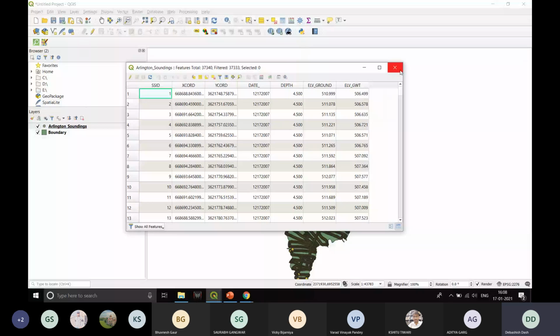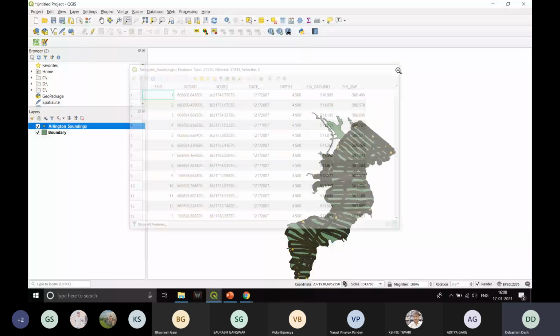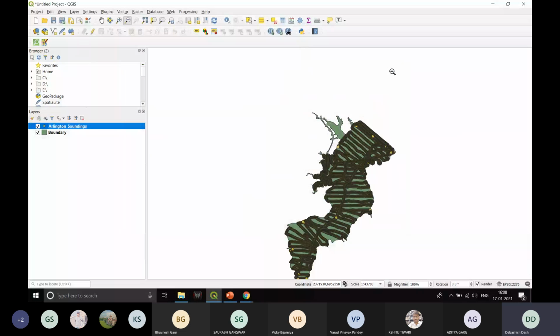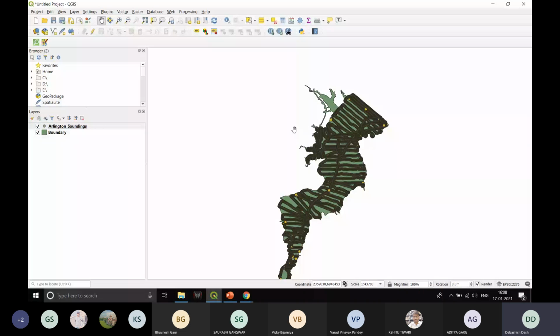Now when it comes to taking measurements, this lake is a very big lake. Any surface that you digitize on the surface of the earth is very big, and when you are on the ground surveying and taking measurements, it is not practically possible to take recordings at each and every point. It is very hectic and nearly impossible because you cannot take readings at each and every point on the surface of the earth.